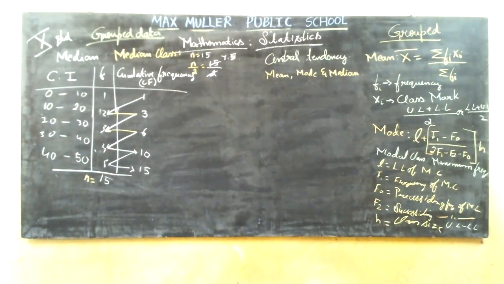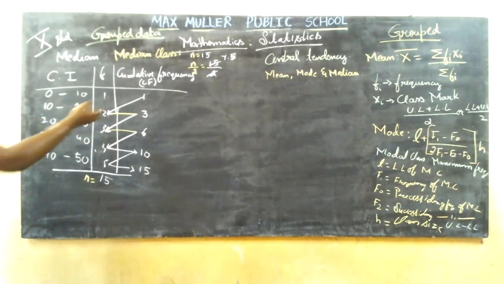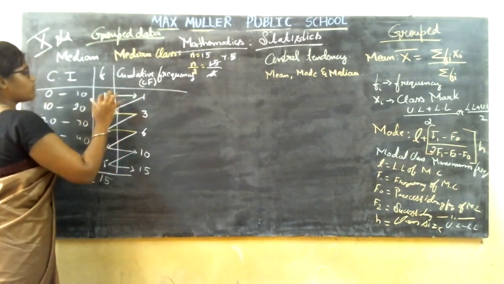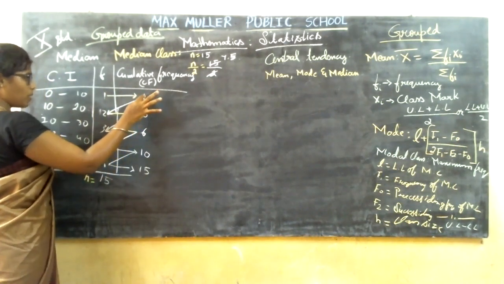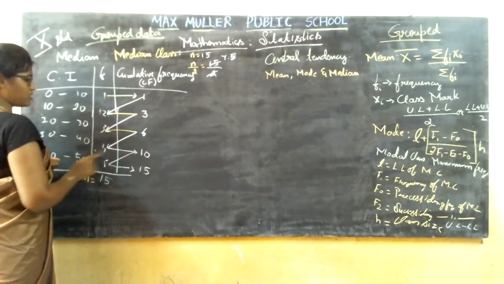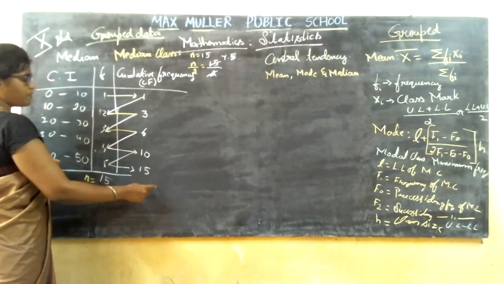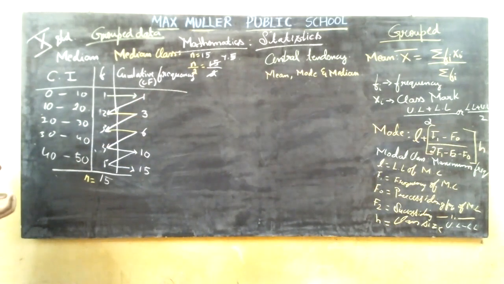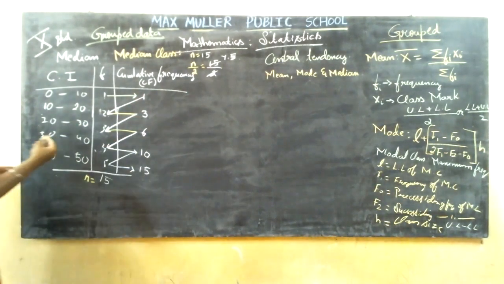Now I think you are clear with how to find the cumulative frequency. In the zigzag, first you are going to write 1 as it is. Then 1 plus 2 gives you 3, 3 plus 3 gives you 6, 6 plus 4 gives you 10, 10 plus 5 gives you 15. Let this be an example for you to fix it in your mind with the lesser number. Then we are going to start with the sums. Now, this is over. Then what next?